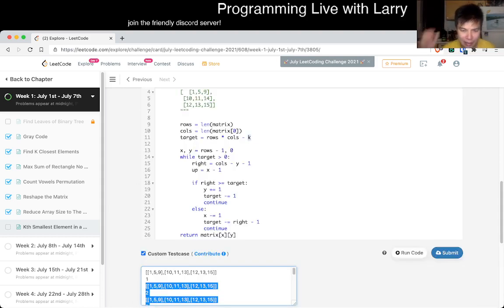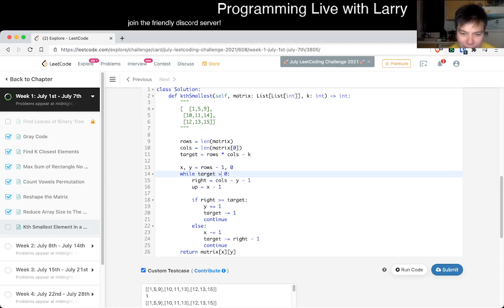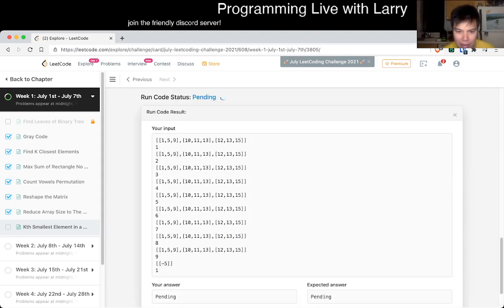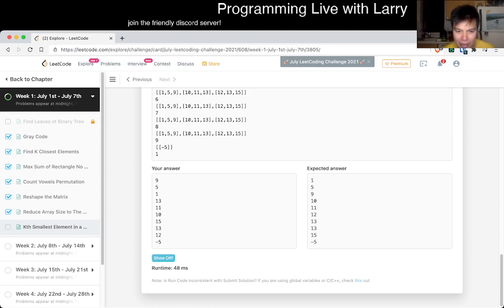So if this is 8, we subtract. Oh, whoops. I meant right plus 1. Whoa. Okay. That's a big mistake, actually. Okay, so now we seem to do a little bit better, but it's still wrong, because of